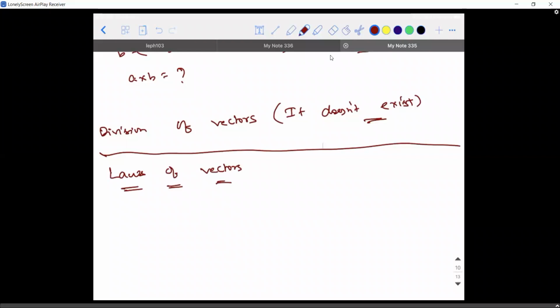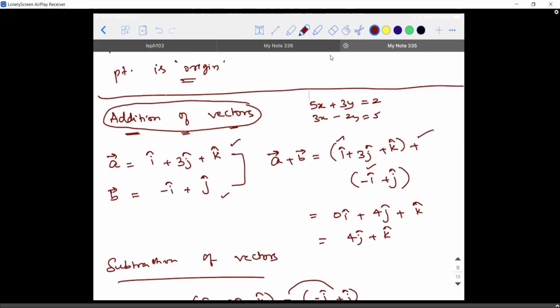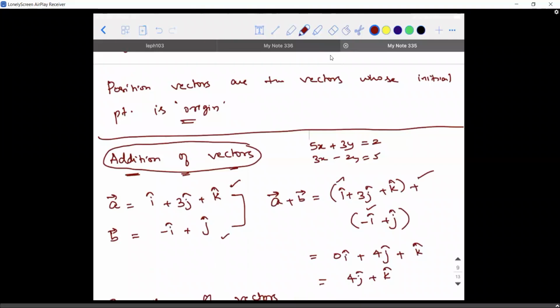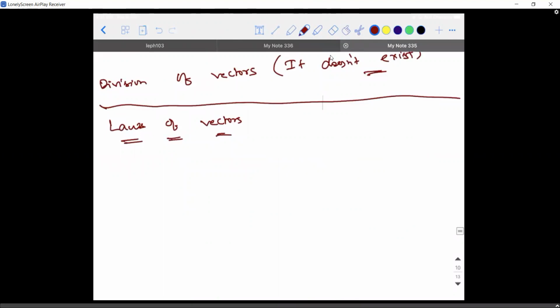The addition of vectors in the mathematical form. That is, when a general form of the vector is given to you, how are you going to add them? By taking the coordinates into consideration. What I mean by general form of a vector is, any vector can be written in terms of its orthogonal unit vectors, right? So if any vector is given in the form of orthogonal unit vectors, you call it the general form. Sometimes they will not give you i cap, j cap, k cap and all. Nothing will be given. You will just be given the name of the vector, like A vector, B vector, C vector. If those kinds of things are given and certain scenarios are defined, how you are going to apply the laws of vectors is what we are going to see.